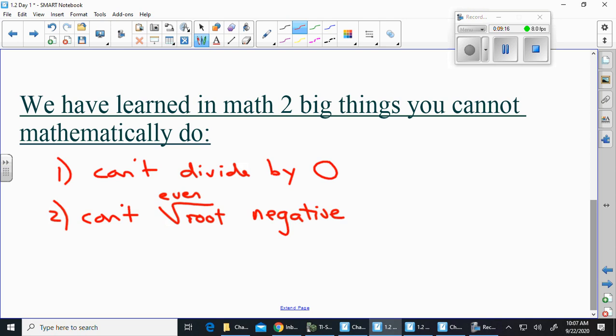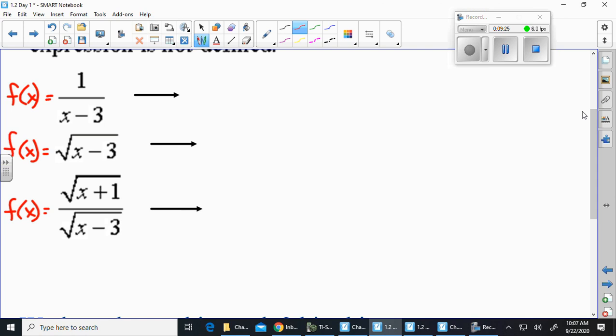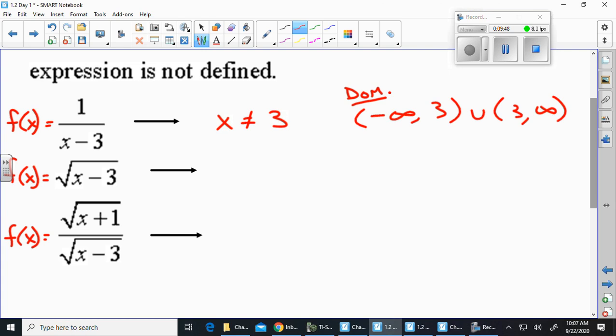Now, what's the third thing in math you can't do? Can't take the log of a negative, but that's not going to be something we're going to be talking about right now. So if I said, well, what can x not be here? X cannot equal 3. Well, so then when you think about domain, what is domain? What can you put in? Anything except for 3 would actually be